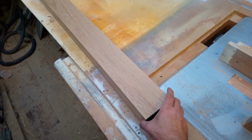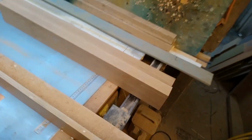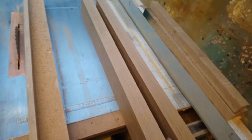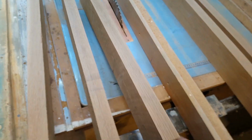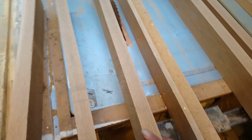Right, I planed the legs for the door. They're 2-inch stuff. These were the offcuts. I planed all around simply because I had to get 2 flat edges. And these ones, 1.5-inch boards, I planed parallel 2 sides and 1 flat edge, so I can put it through the saw